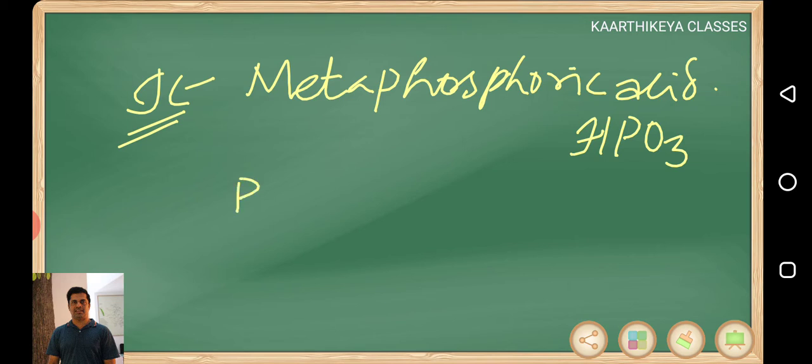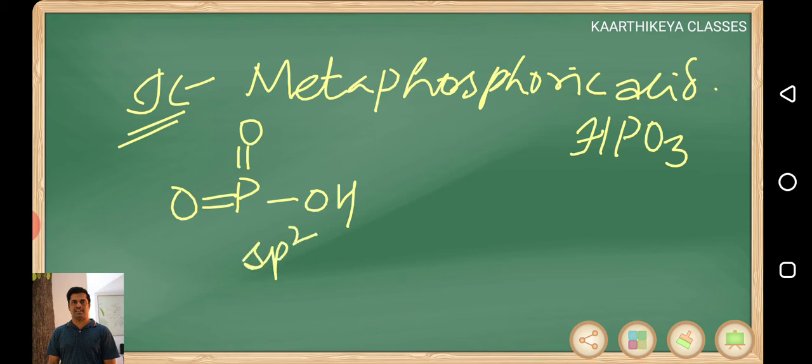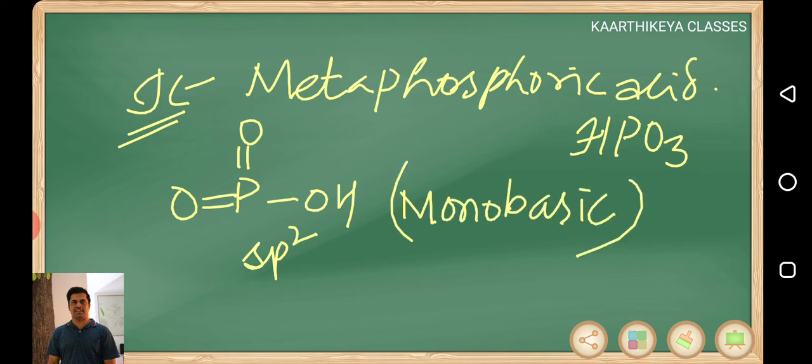P double bond O and OH, sp2 hybridization. One OH group is there, so monobasic acid. But the interesting point is its cyclic form is a tribasic acid. Metaphosphoric acid HPO3 is monobasic, but its cyclic form